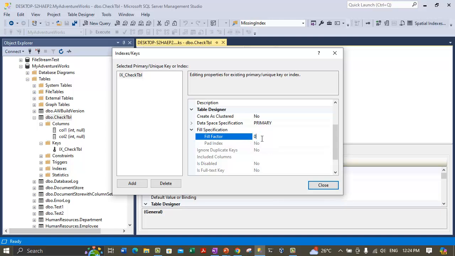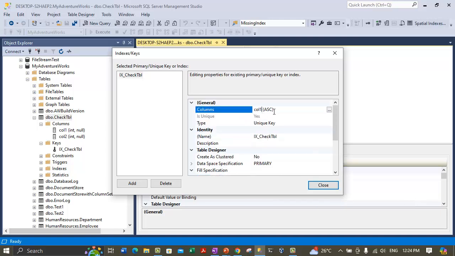If you want to learn more about fill factor, you can watch my videos on indexing where I discussed this. What is a fill factor? Basically, this setting specifies how much your index pages will get filled, like 80%, before a new index page gets created. All right, so after making the modifications so far,